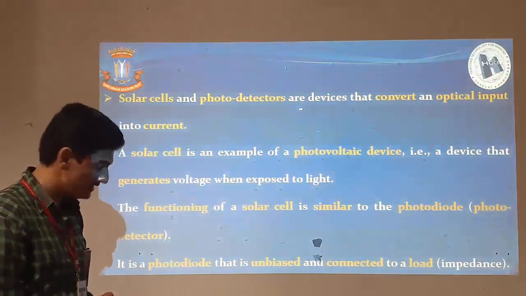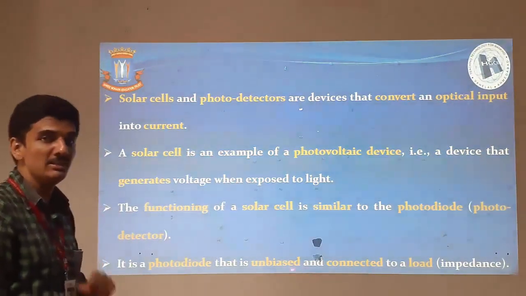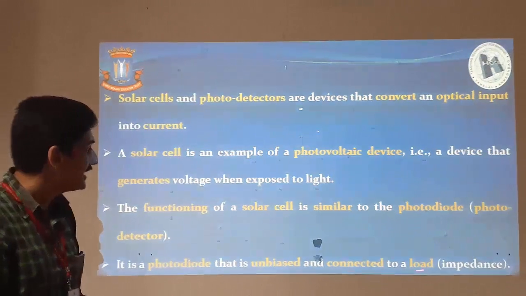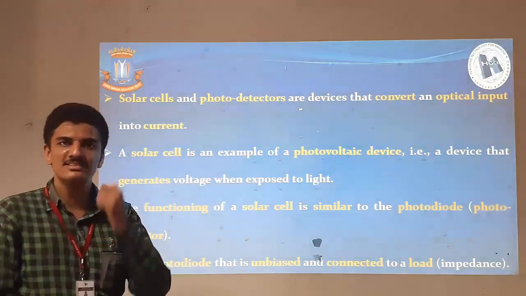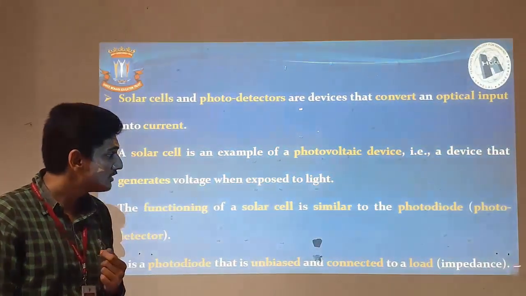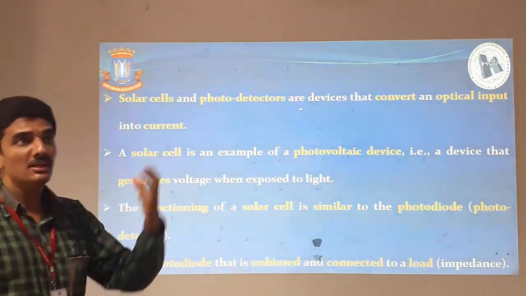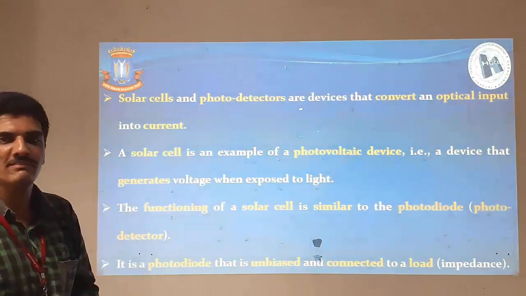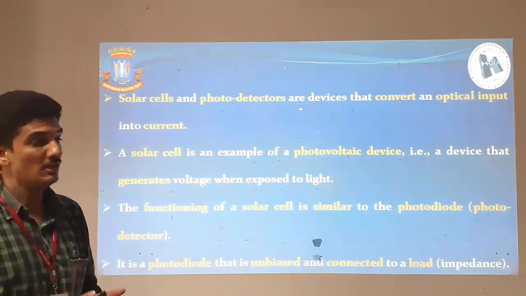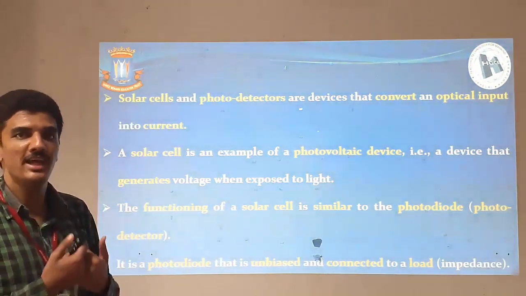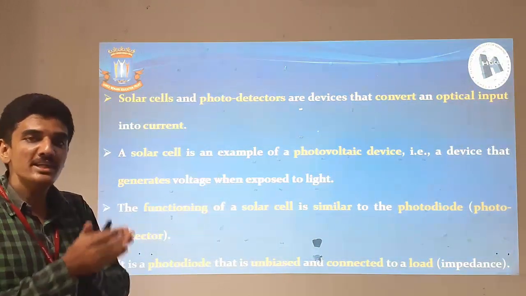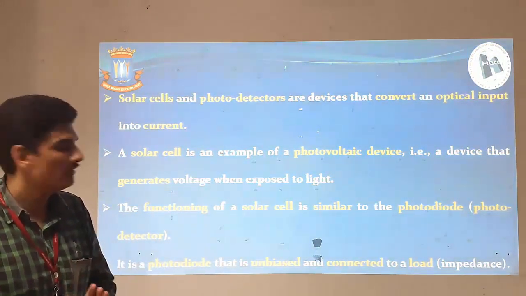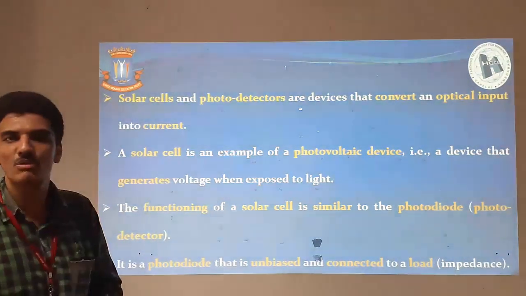And that's why the solar cells are really active and connected to a load. Why is this load necessary? Load is also known as impedance. The amount of solar energy which will interact with our photovoltaic device, that is the solar cell, may be quite large, and hence to maintain the durability and the stability of our solar cell, we have to add some amount of load into it.